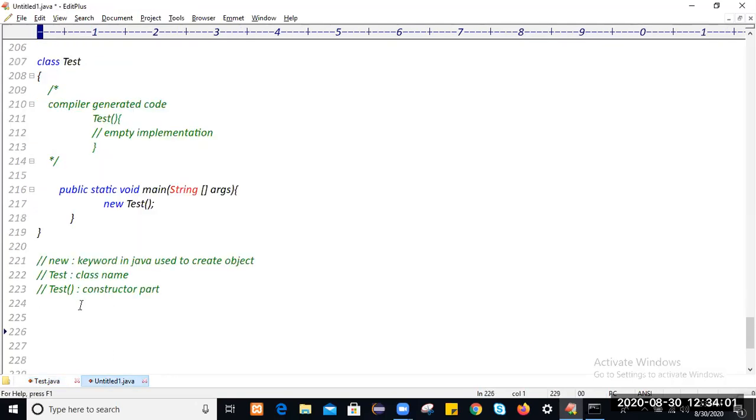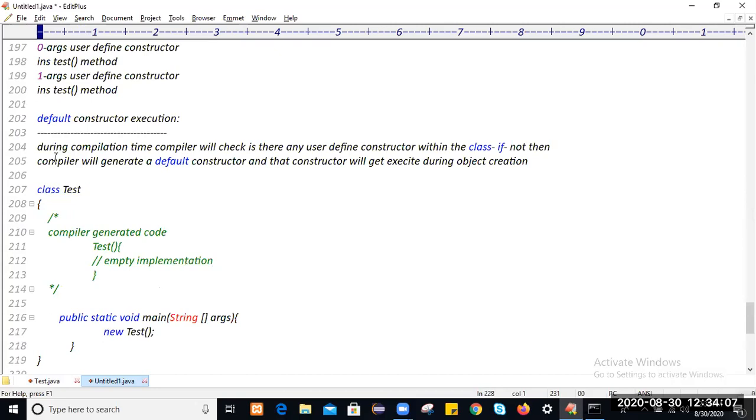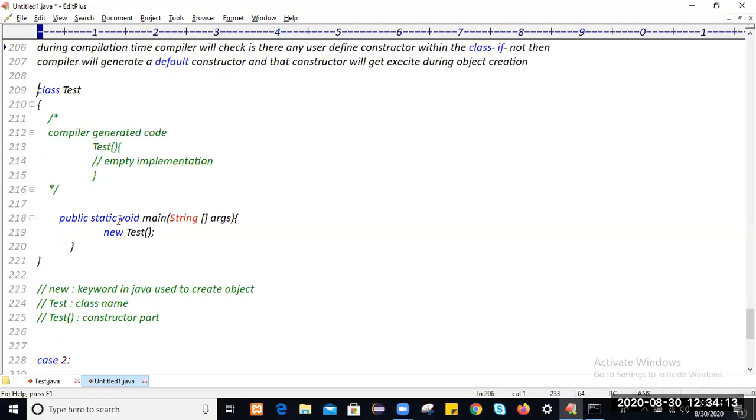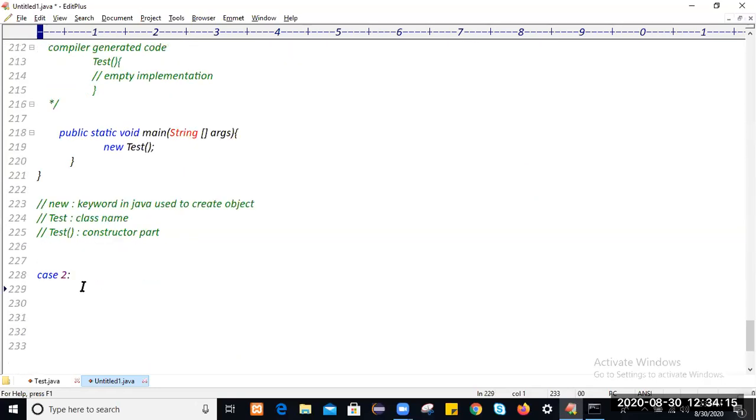Okay. This is the next case. Case number 2, and this is case number 1. Within case number 1 this happened, and within case number 2 this happened.